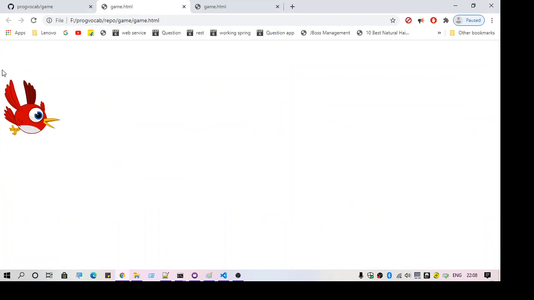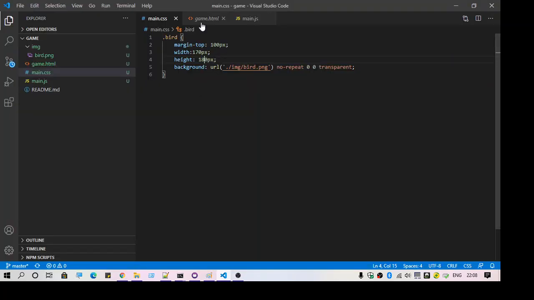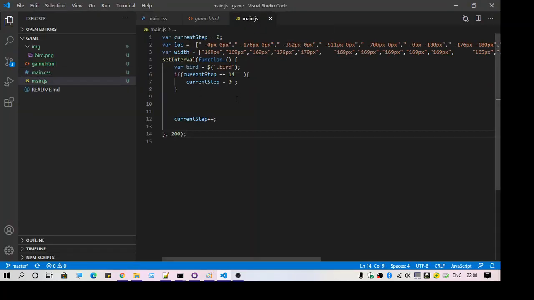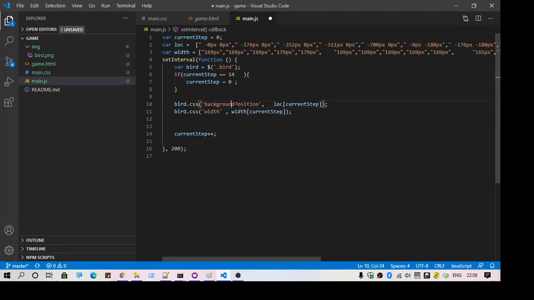Okay, so we have got one part of the image, and then we have to change this image, and we have to show the different parts of it as the next thing. For that, what we are going to do is use the background position, and we are going to set the background position for each iteration.